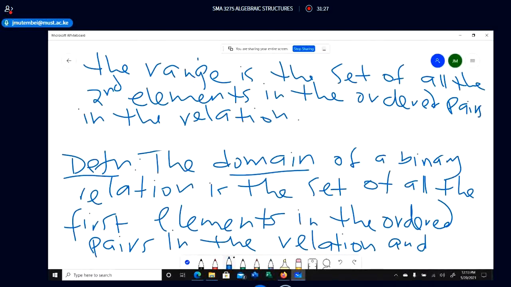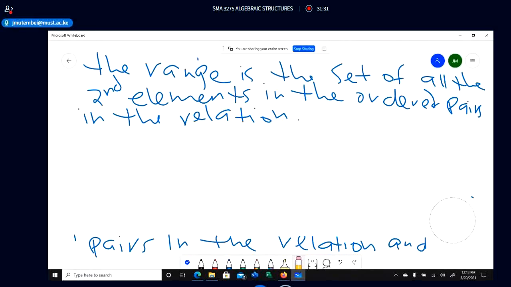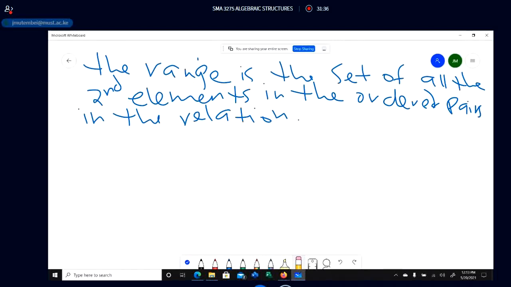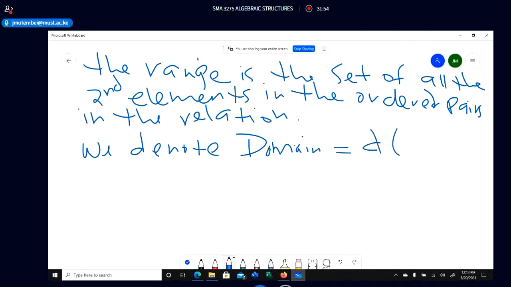So we can denote now the domain and the range as follows. We denote domain by D of R, where R is the relation, and the range we denote by small r of R, where R is the relation. So we have the domain of R and the range of R. The domain is the set of all first elements in the ordered pairs of the relation, and the range is the set of all the second elements in the ordered pairs of that relation. For example,